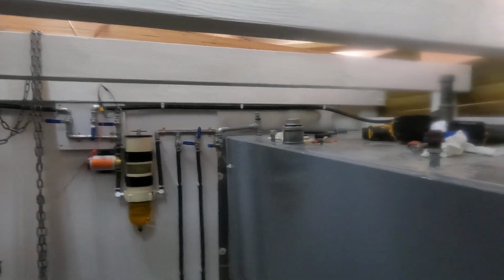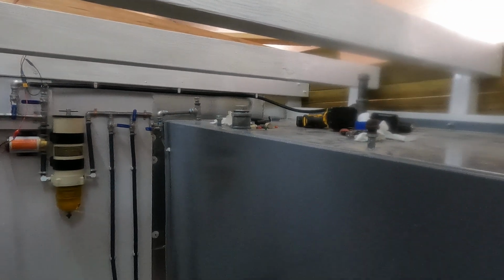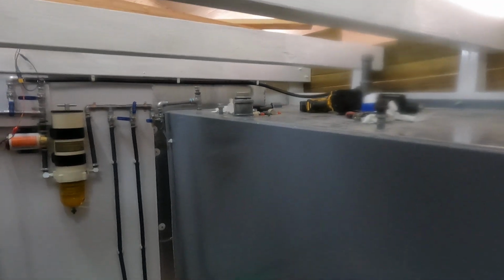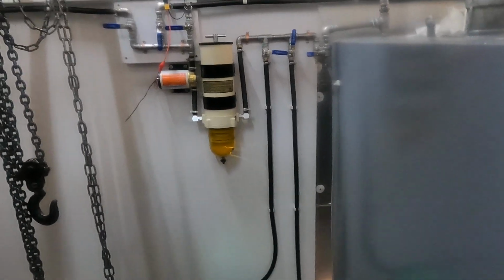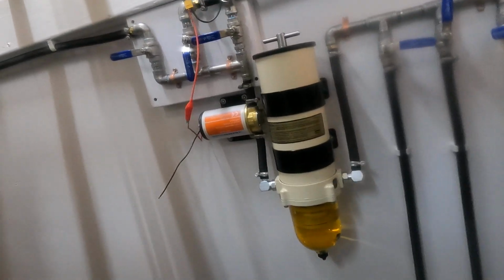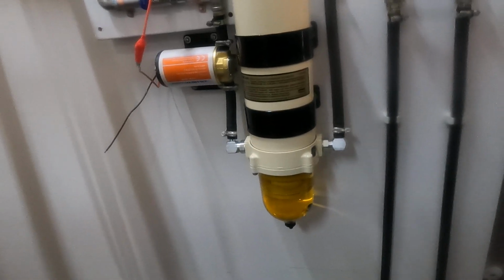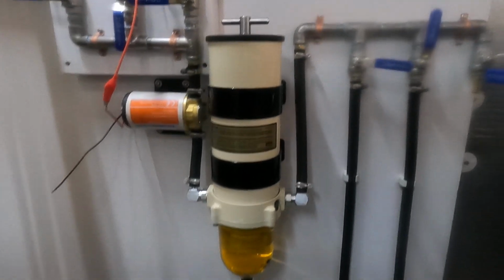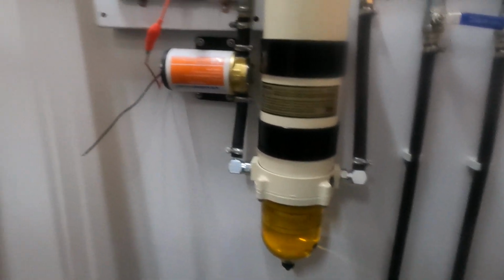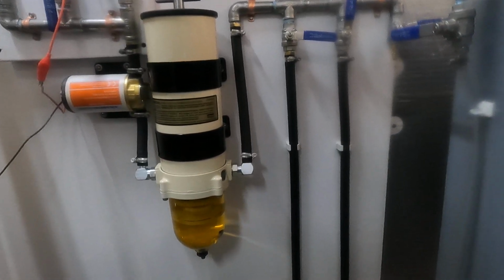Alright, so today is October 7th, and after yet another probably 2 trips way out of town to get parts, I finally got the polishing system and the fuel transfer system hooked up. At least, as much as I can. There you can see the Racor, it's full of fuel, and the valving system, and I just got done running it a little bit. I put 20 gallons of fuel in the tank